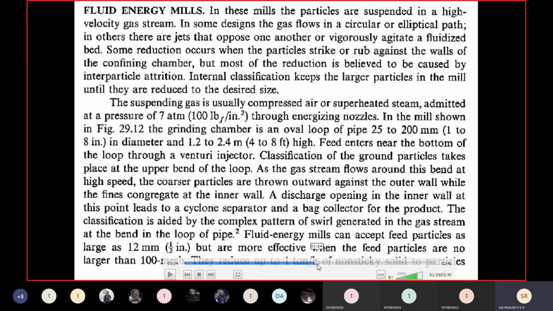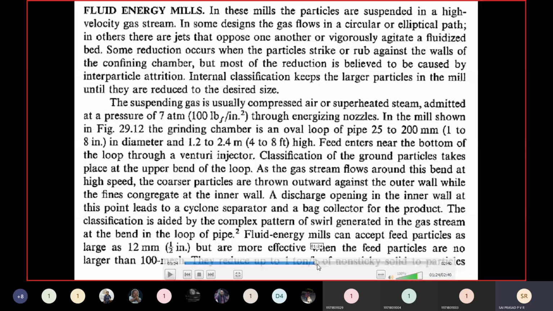That's what I said. So once we admit the feed through the wall, through the feed nozzle, what will happen? It strikes the system with a high velocity, and then some amount of size reduction takes place. Then they will be carried away by the high moving streams of air or steam. They will be moving along with it, and since they are moving at a high velocity, we are not able to control the streamlines properly. So hence there will be interparticulate attrition, meaning one particle will be pushing another one, and that one will be pushing another. Because of this only the size reduction takes place. This is the major contributor to the size reduction.